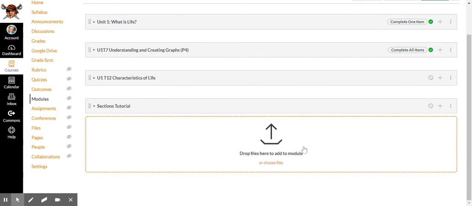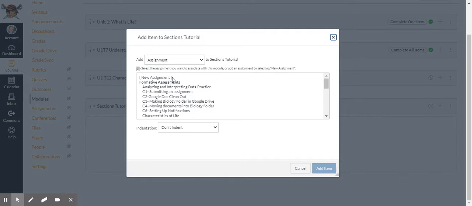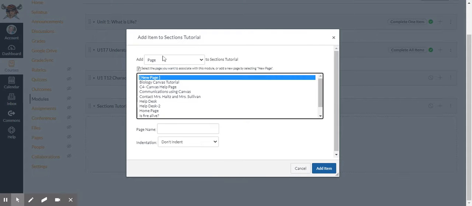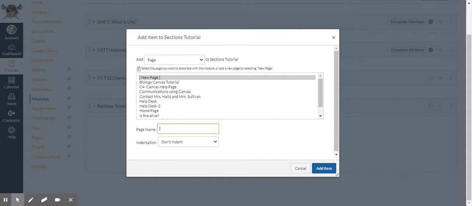So the fun thing about modules is I don't have to go over here and click on pages and assignments to create my materials that are going into the module. I can do it directly by clicking on this Add button. So I can click Add, and I can first start with a landing page. This landing page is going to have the main directions that every student needs to see, or an introduction to the assignment. So a landing page with directions,